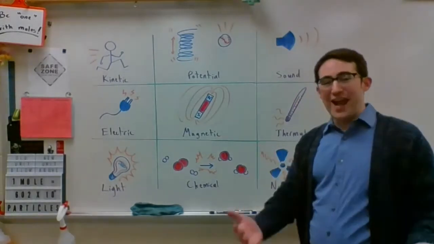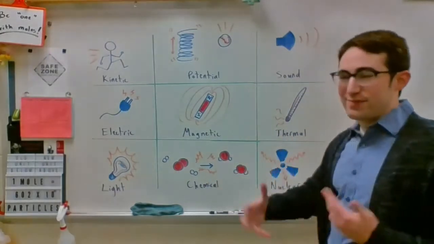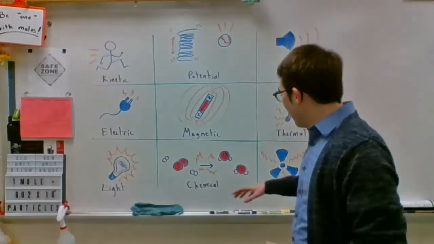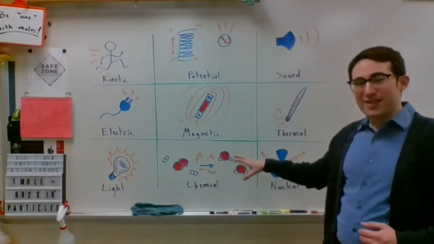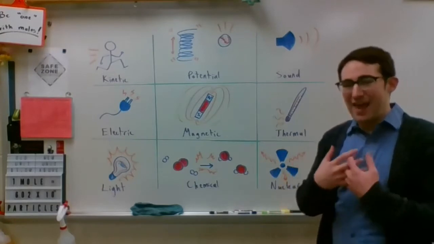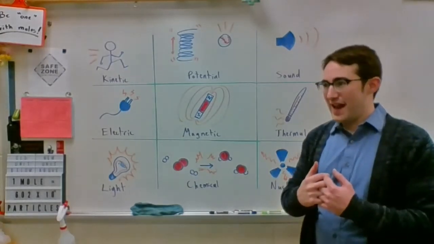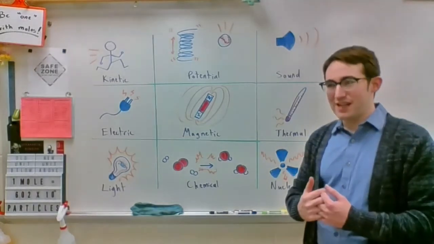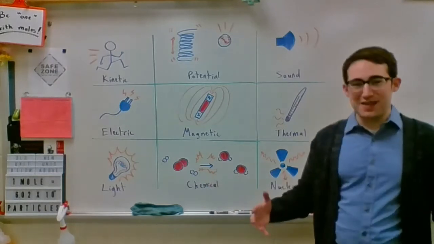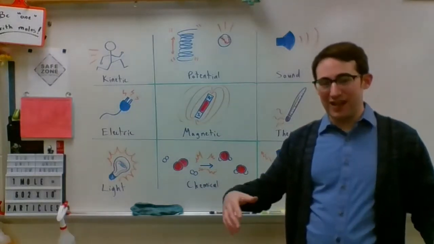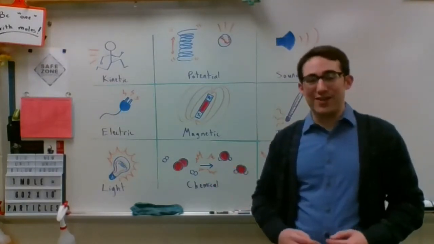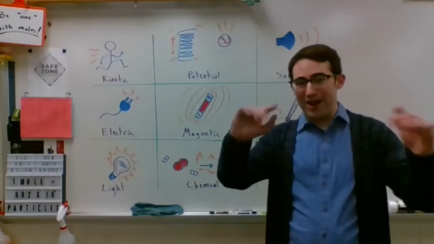When a chemical reaction happens, we are rearranging those atoms and bonds to make a new chemical that is more stable. Okay? When we make something that is more stable, that means we don't need as much energy to hold that stuff together in those bonds. So that extra energy that we no longer need is released. A lot of times that energy is released and either captured or used as electricity or heat, light,